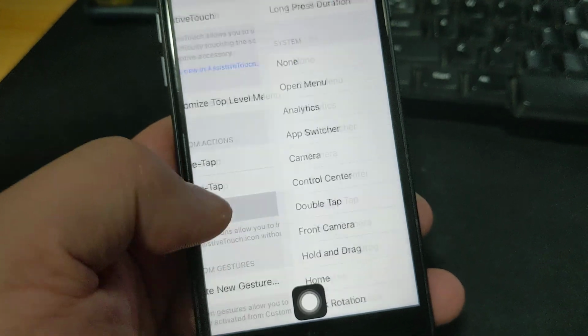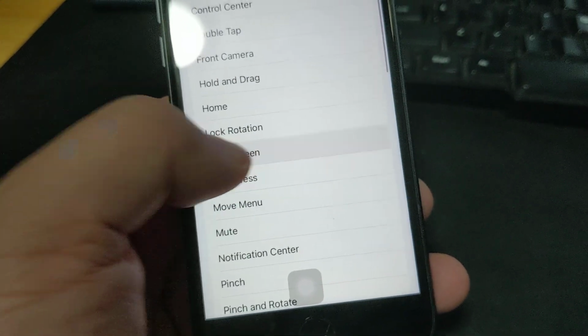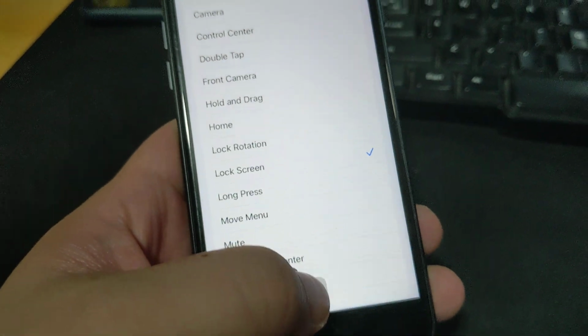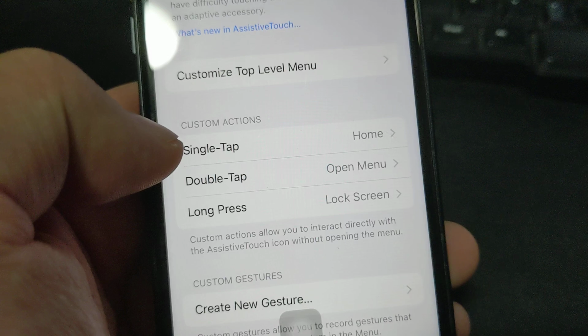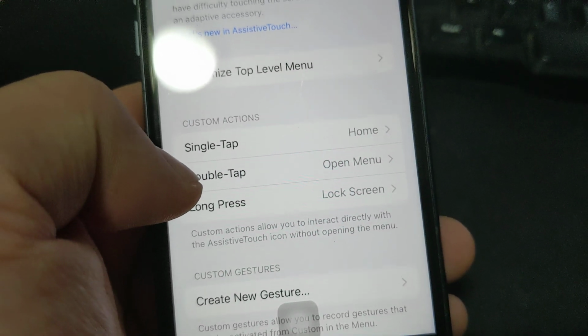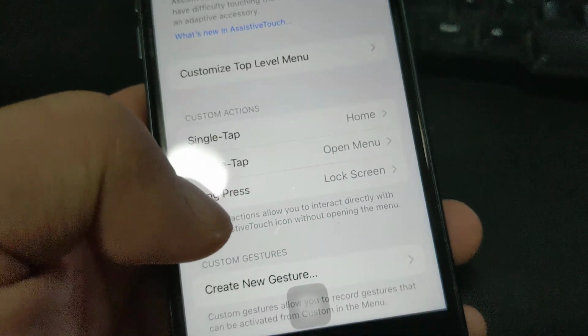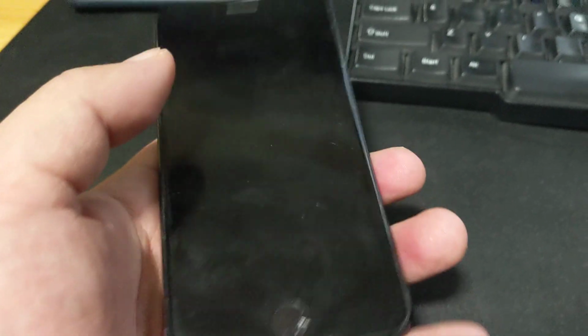And then for the long press, I chose that to do the lock screen. So now, if you go back, this is why I did home button as a single tap, double tap as open menu, and long press as lock. So if I press and hold this, it locks the screen. So I thought those are the three best custom actions for accessibility if you have a broken home button. So I should kind of make a video for that instead. Anyways,